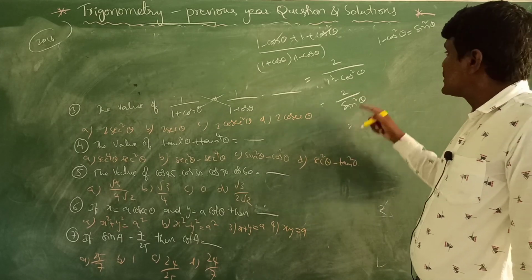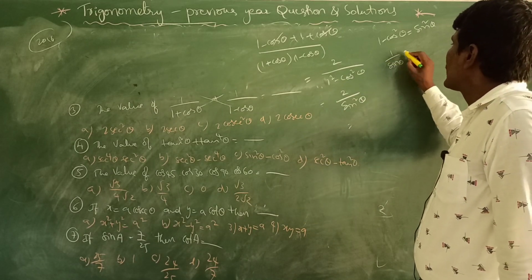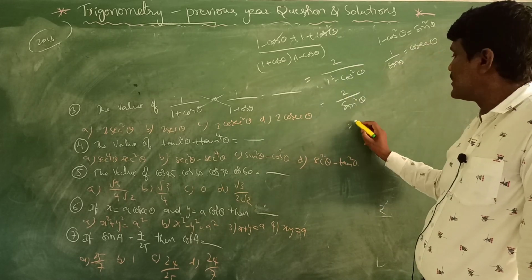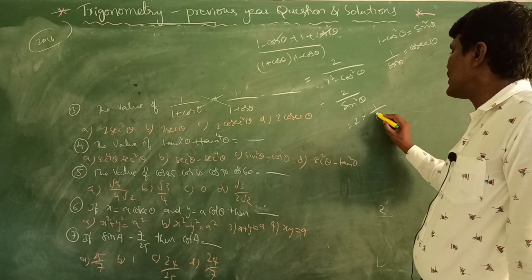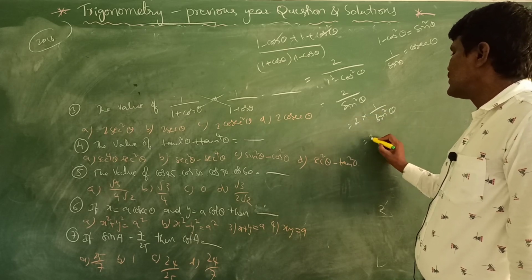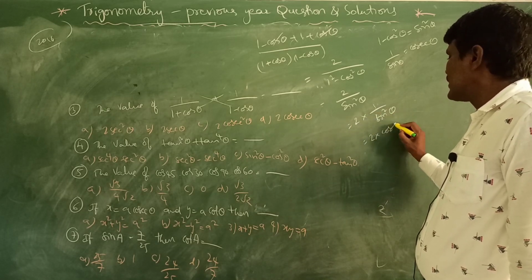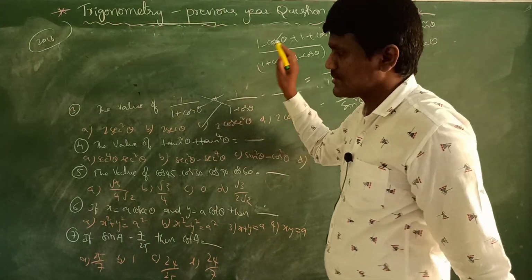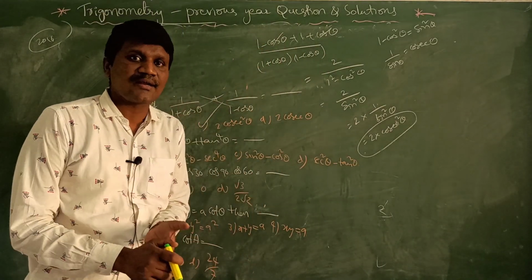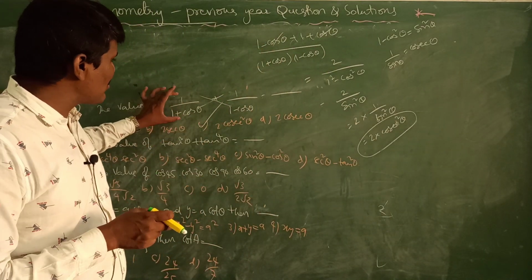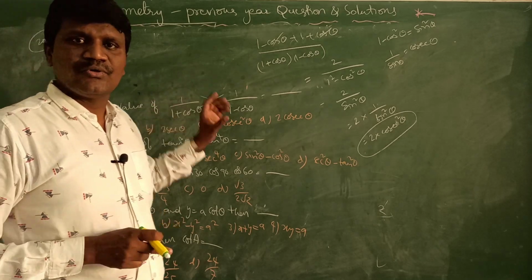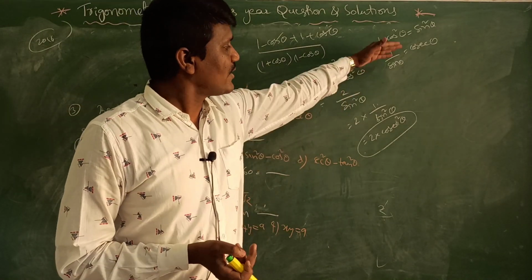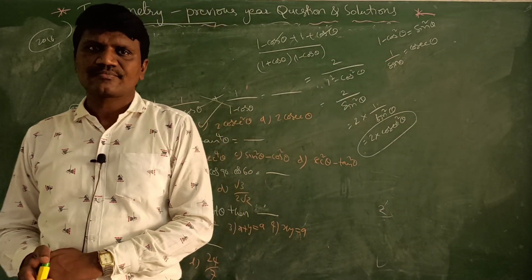Then what you can do is, we know 1 by sin theta is cosec theta. Already we said 1 by sin theta is cosec theta. So you can write this as 2 into 1 by sin square theta. 2 into 1 by sin square theta is 2 cosec square theta. So is 2 cosec square theta there? Yes, the option is 2 cosec square theta. So whenever you find any problem like this, what you do? First do the LCM, then use the identities wherever required, solve it, and you will get the answer.